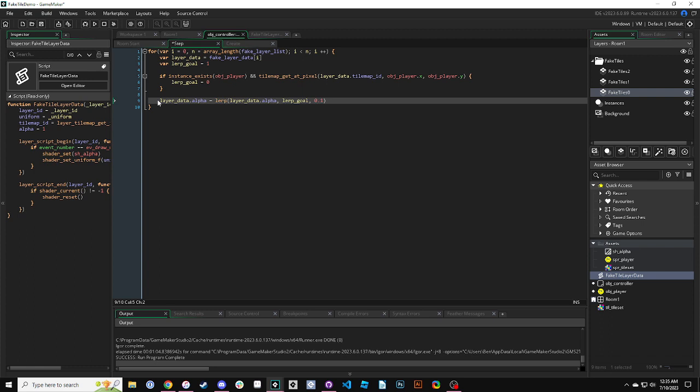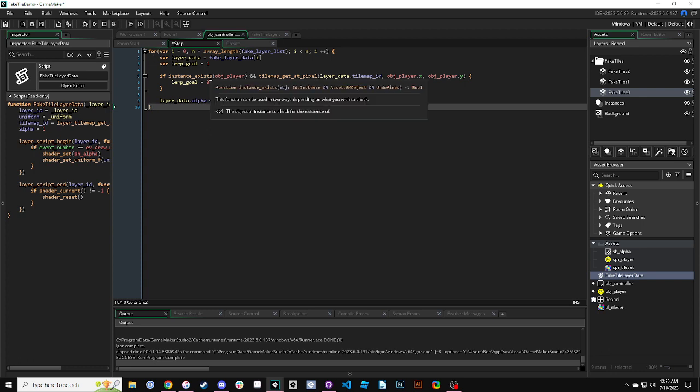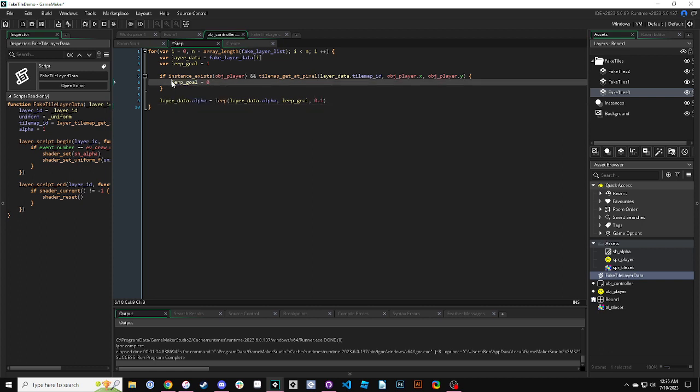Again, this part is quite similar to before, we're just setting the alpha. So to summarize what this is doing, we're going through each tile layer, checking to see if the player is touching that tile layer. If they are, then we're going to set the goal alpha for that tile layer to 0, so it will start moving towards 0. And if not, start moving towards 1. This will happen forever. So by default, all of these tile maps will start moving towards 1, unless we say otherwise. And that should, I think,